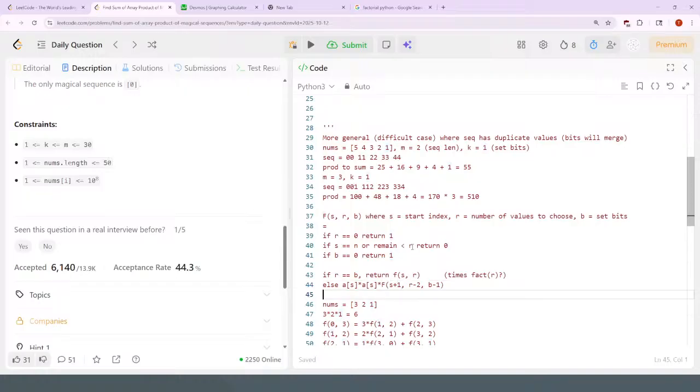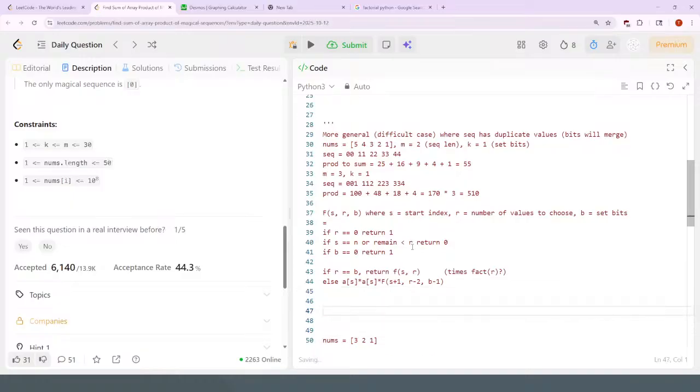The issue here is like if you, let's say you had nums equals 5, 4, 3, 2, 1, and m is 4, and k is 3. K is 3 or maybe k is 2. Like you can choose a sequence that is 0, 0, but then if on the next thing you choose a sequence that's 1, 1,